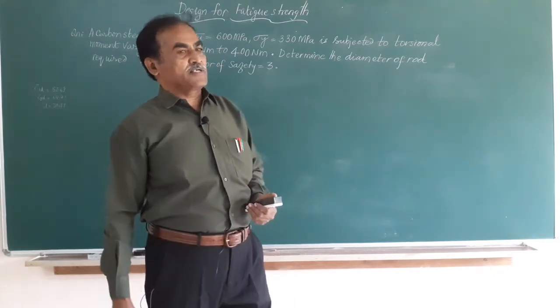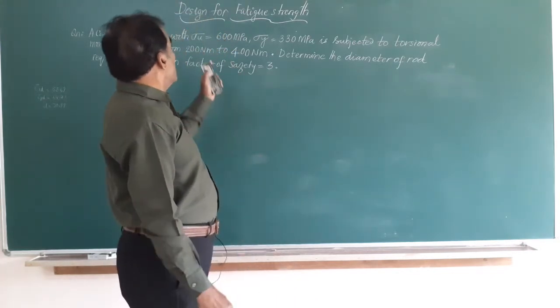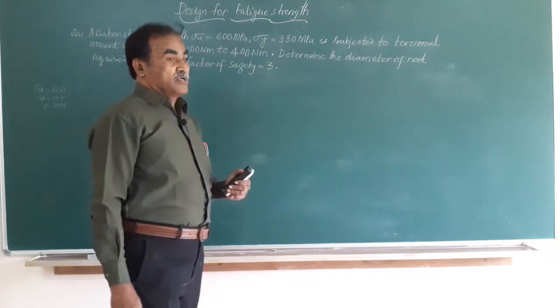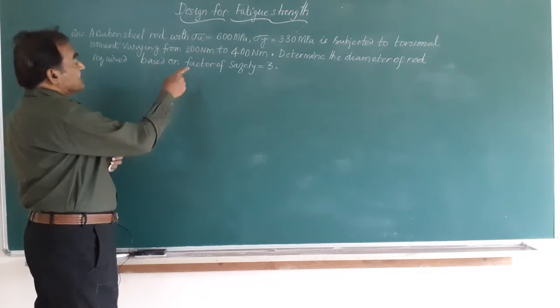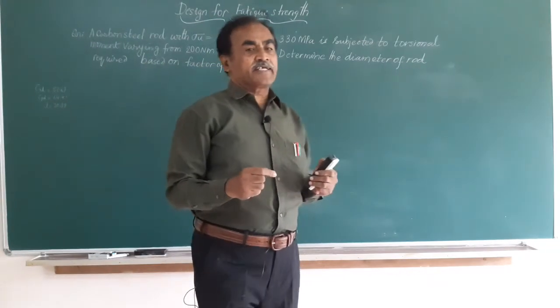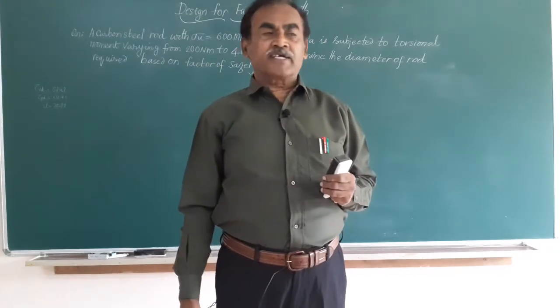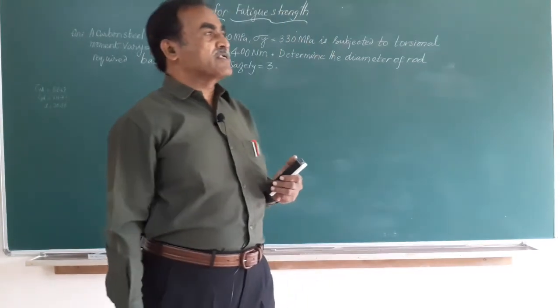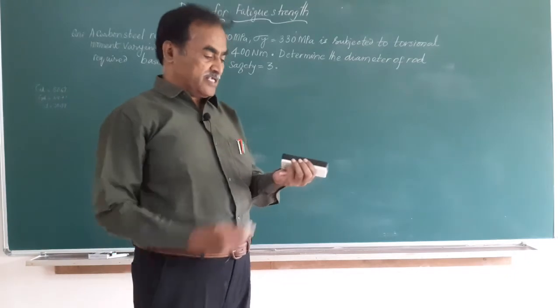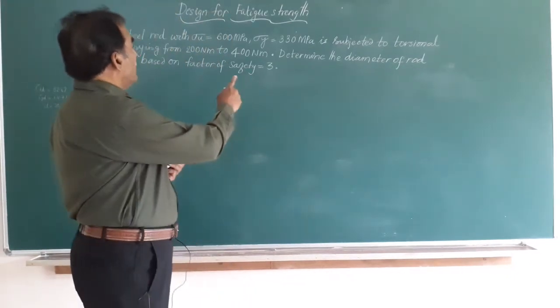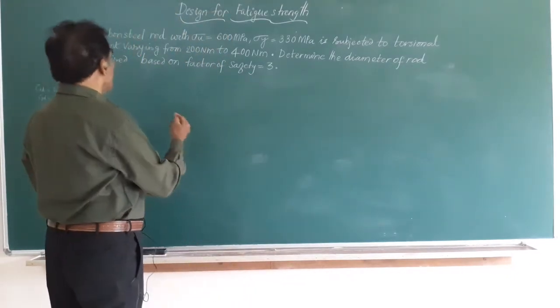Friends, in today's session, we are going to learn about the fatigue strength, and here we have taken up a problem on a steel rod which is subjected to fluctuating torsional load. Whenever you have a member subjected to a fluctuating load, we make use of the Soderberg equation, and here this is the case of a torsion, and hence we have the formula.